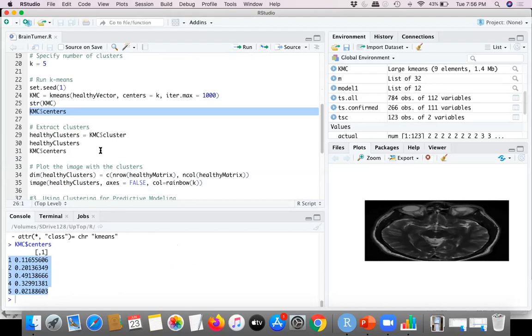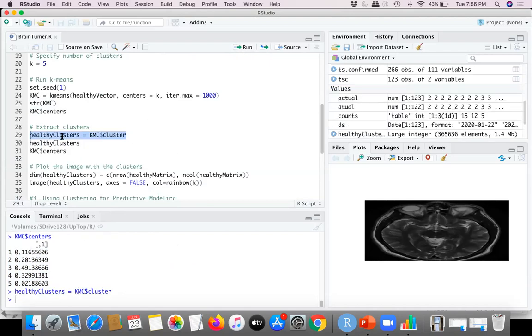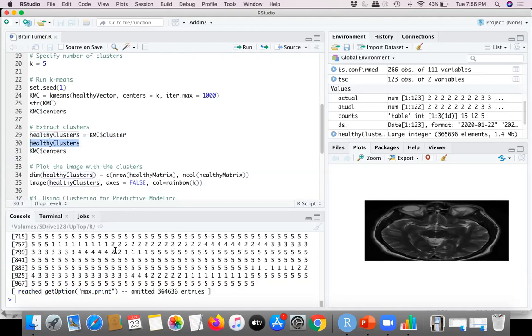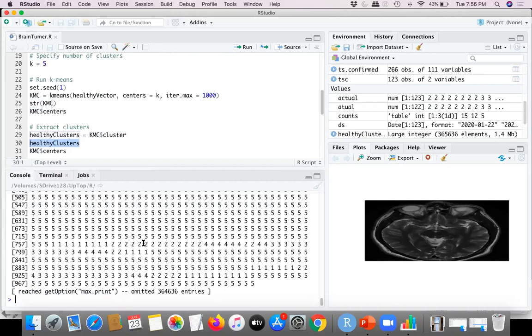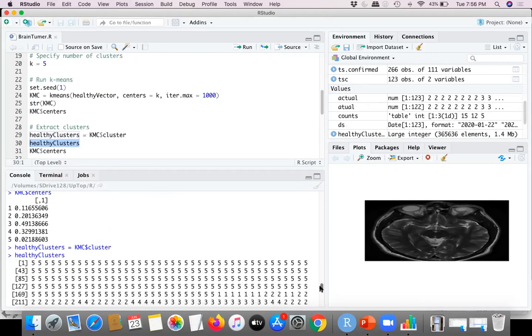Now let's extract the cluster information from this KMC, which will be used by our k-means algorithm. Let me scroll up. These are the 42 rows, and it's saying that the first observation from the CSV file went to the fifth cluster, and so on and so forth.